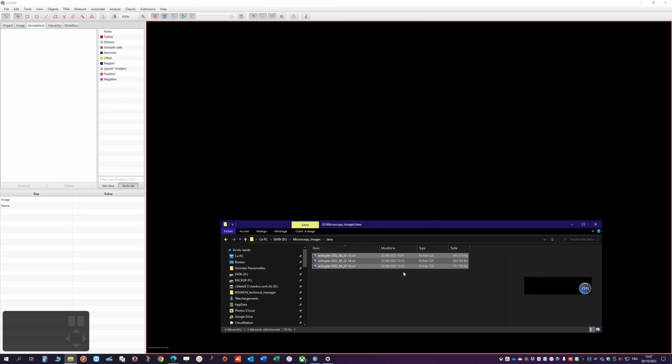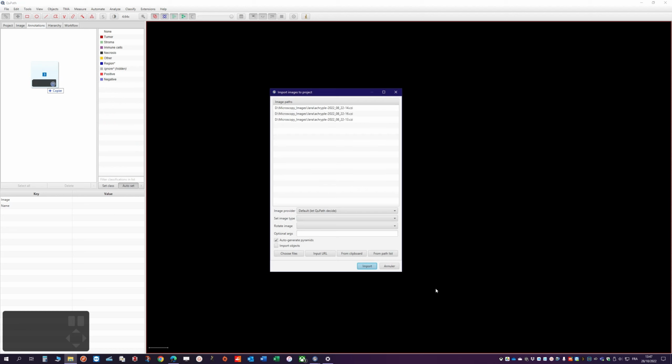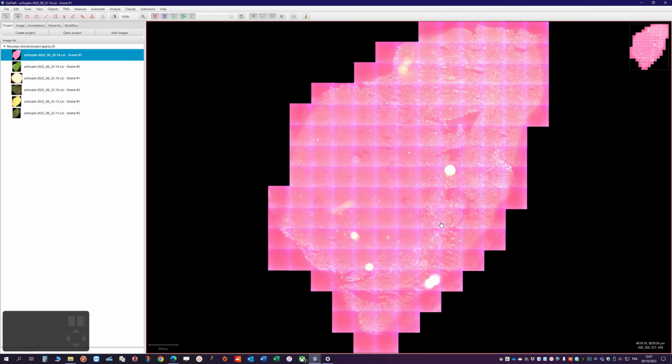So I have some images here taken from a slide scanner, so let's add them here and set them as fluorescence. Click on import and they should show up here in the project tab. So let's have a quick look at those images. Let's open up the first one, and as you can see,